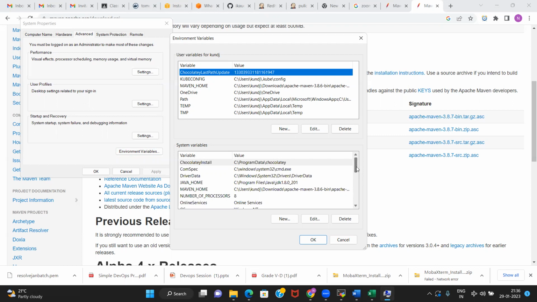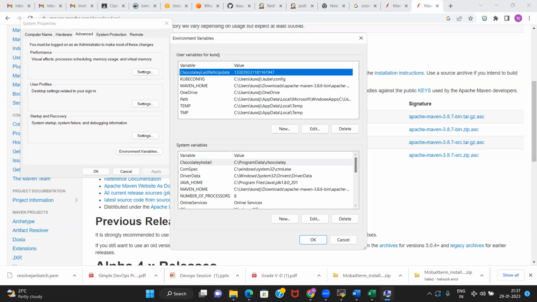What it does is, for any program that is running on your computer, if it needs something, it will check in the environment variables. If its path is there, it will find the program that is needed and run it. It will not give you an error or anything. If it is not able to find it, it will give an error that the application is not there. Even if it might be there somewhere, that program cannot search your whole computer and find it. So that is the use of environment variable.